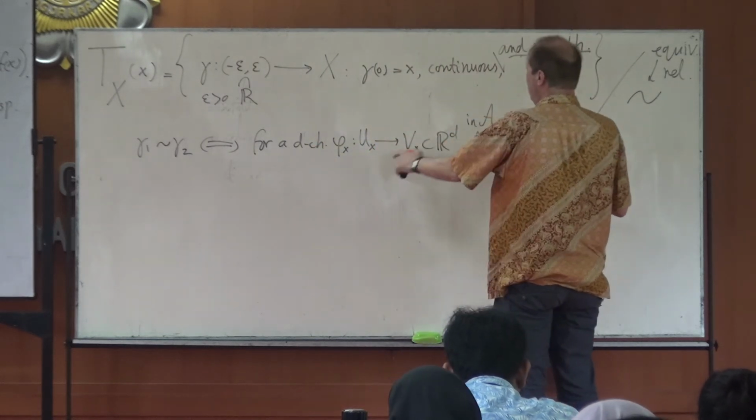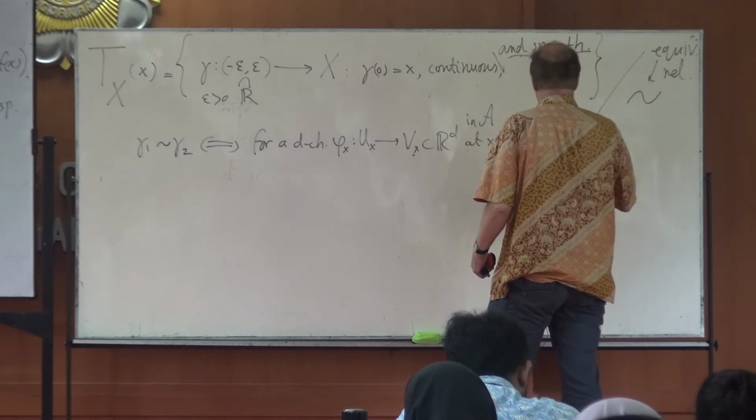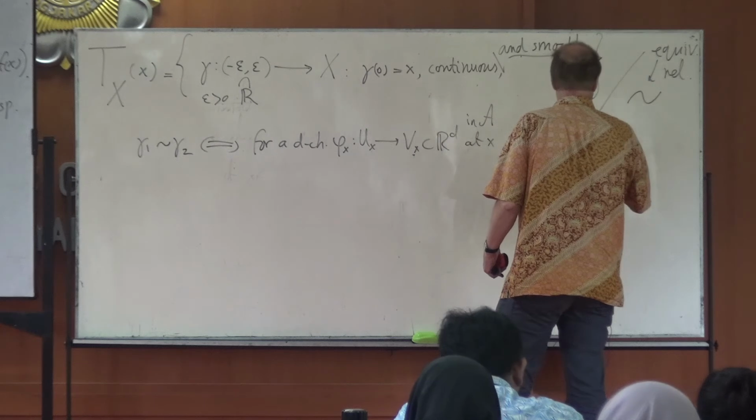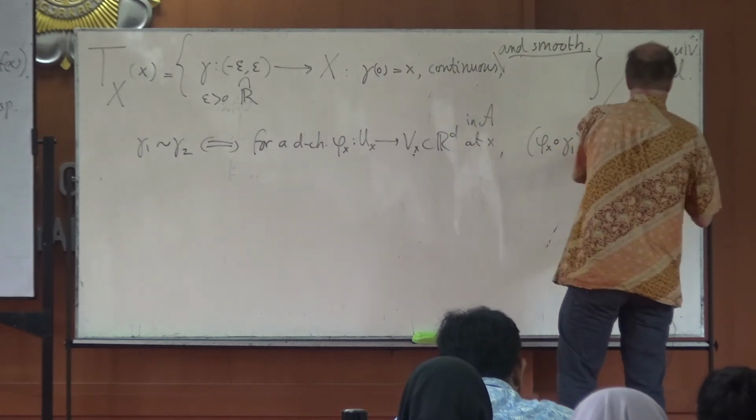So I can do phi x composed with gamma 1, and I can take the derivative at 0. This should be phi x composed with gamma 2,